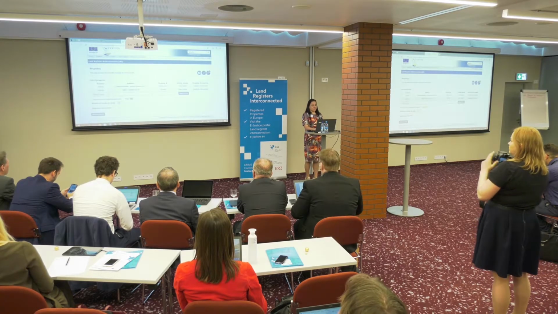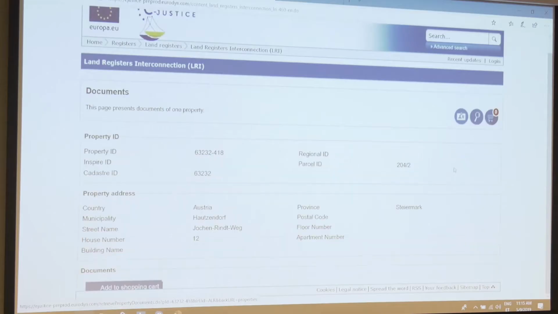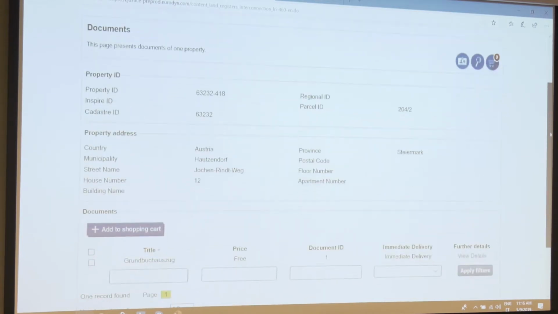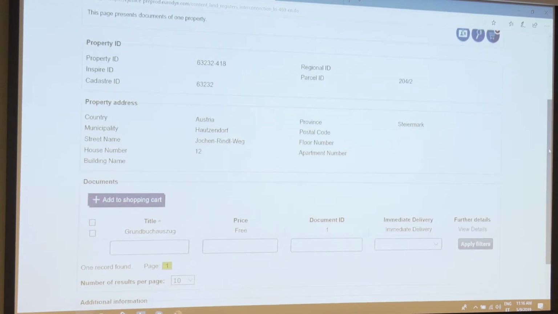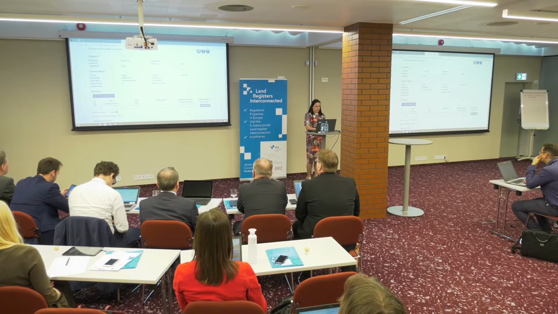And there is also the possibility to see if there are any documents available regarding the property. Then we could order those as Matthias was demonstrating, basically selecting one of the documents and conducting the search, or putting it in the shopping cart.